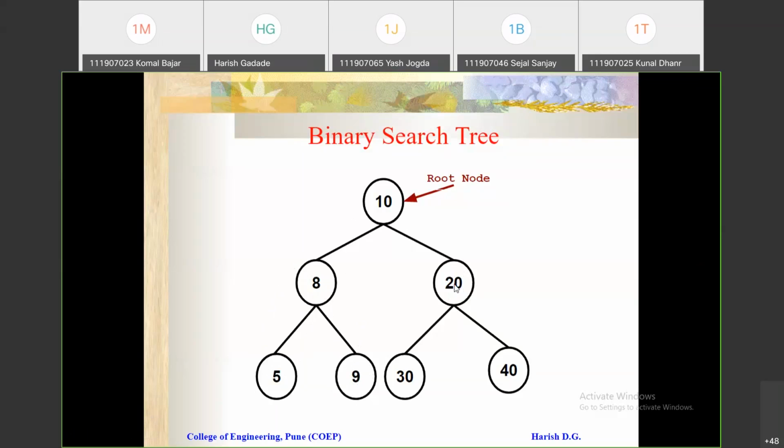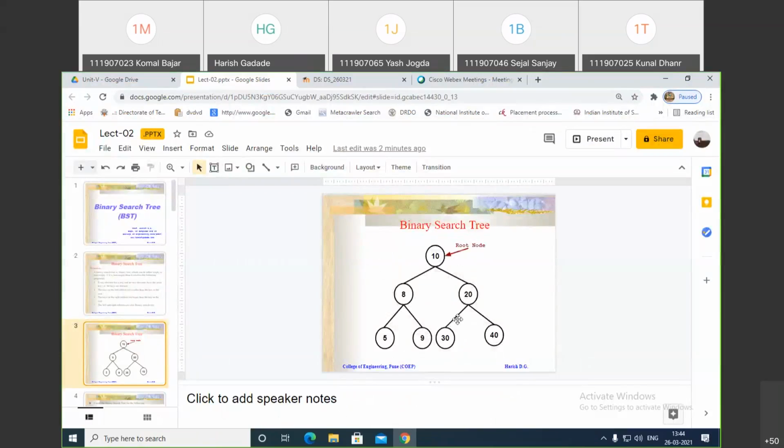If you consider 20 as a root, sorry, one more mistake here, one letter. So this should be 15.